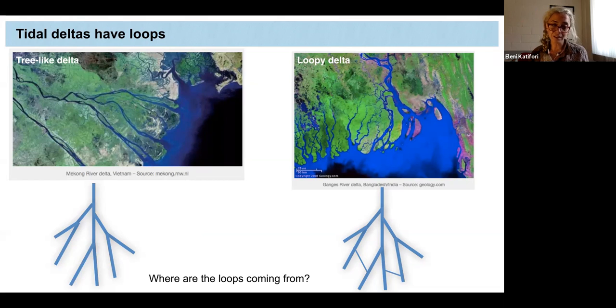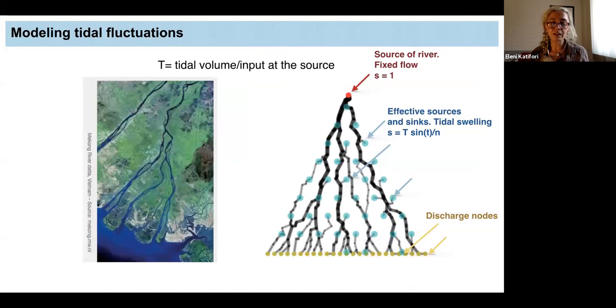Previously, in the previous section of the talk, we saw that fluctuation induces loops. So we're going to be inspired by that, and we're going to model rivers the same way. We're going to model rivers like microcirculation, add in fluctuations, and see if we can produce the loops. Now you're going to ask me, where do the fluctuations come from? And my answer will be simple. The fluctuations come from tides,